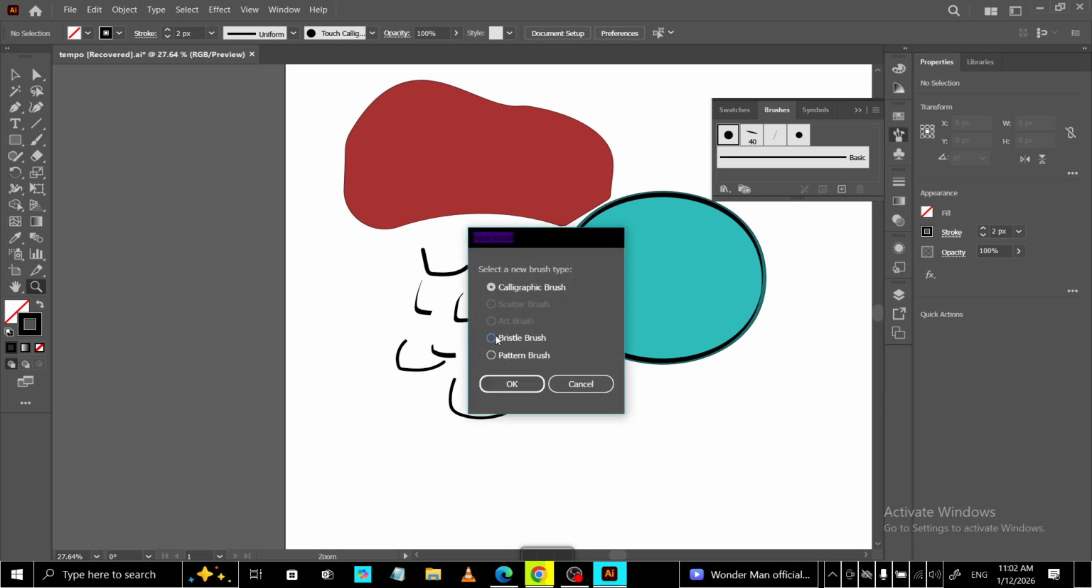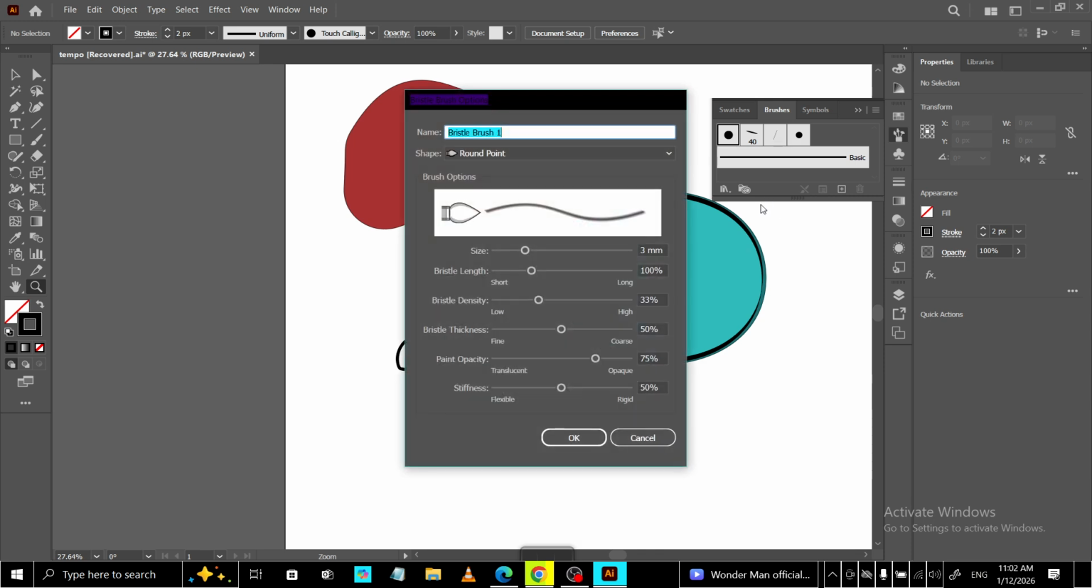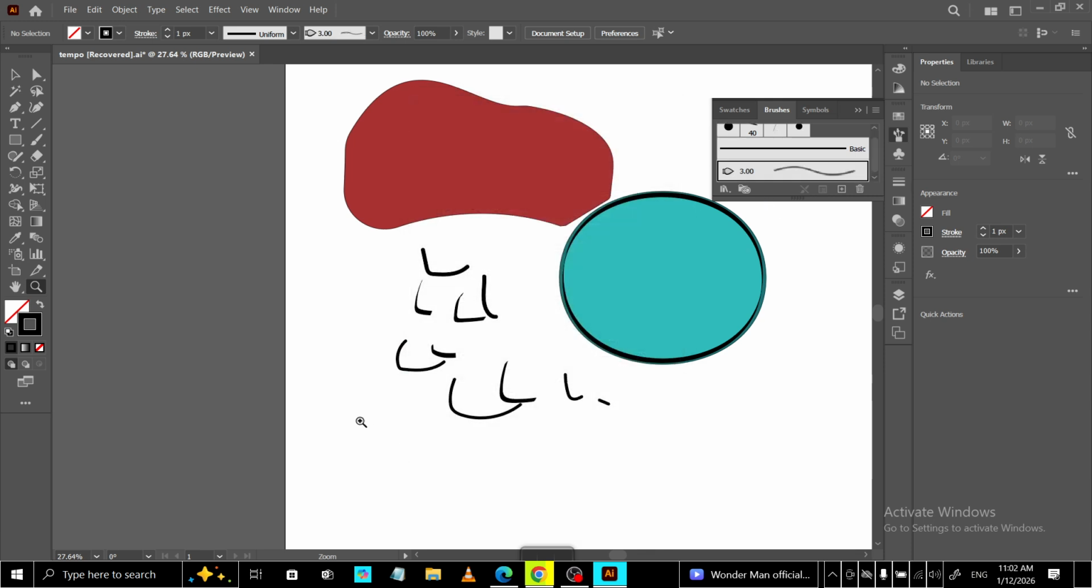Select the brush tool, pick a style, paint your strokes, adjust the appearance, and swap styles anytime. Practice a few passes and you'll quickly find a style